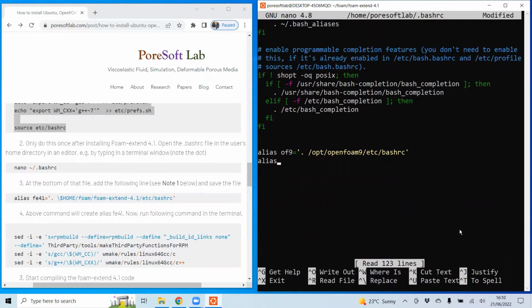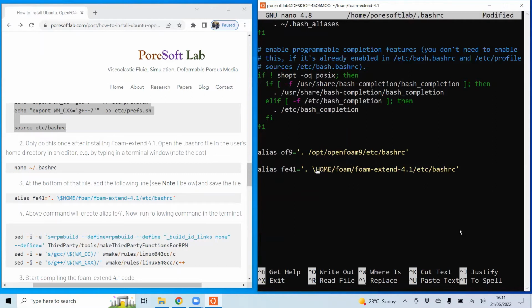I will type it down: alias fe41 equal to, in brackets, dot, /home/foam/foam-extend-4.1/etc/bashrc. So now, as you can see here, we have 2 aliases, one for OpenFOAM 9 and this one for foam extend 4.1.